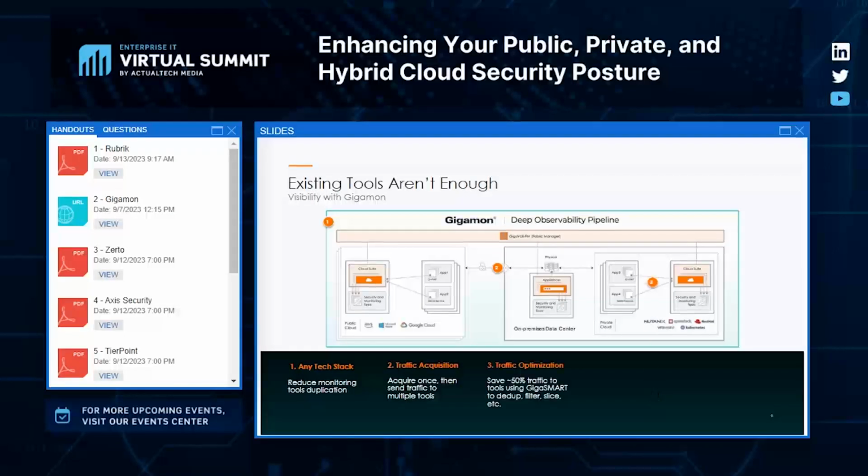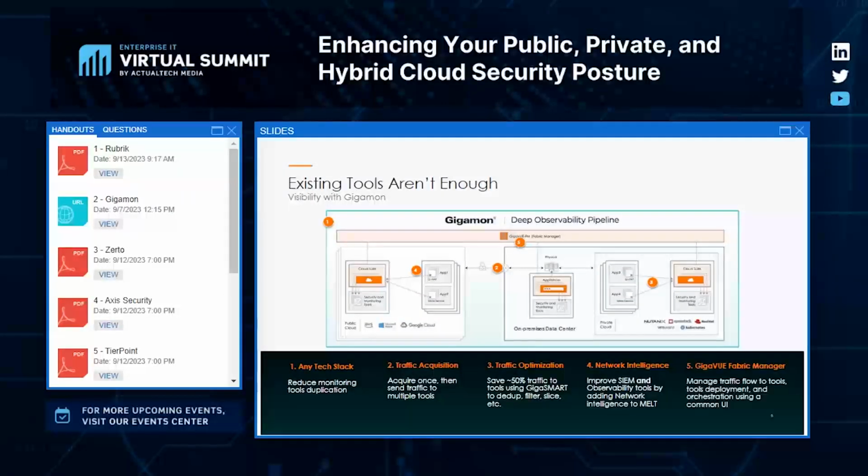Let me go ahead and build this out as well. So we support any tool stacks. It doesn't matter what the platform is. Your developers, your DevOps teams, your cloud architects, whoever, or even network engineers, network operations teams, they need to just worry about how Gigamon's what we call UCT, Universal Cloud Tap, gets deployed through either our management tool or using native orchestration automation techniques. And we typically get built into the golden images. So as soon as a VM pops up, as soon as a container pops up, a node, a pod, Gigamon's automatically deployed, and then we worry about the traffic.